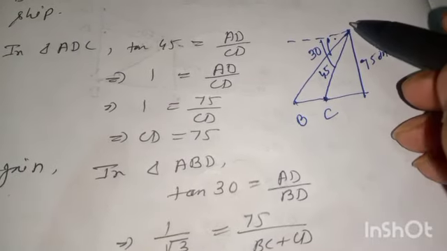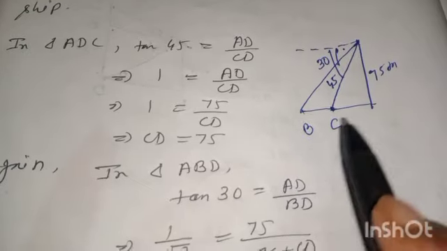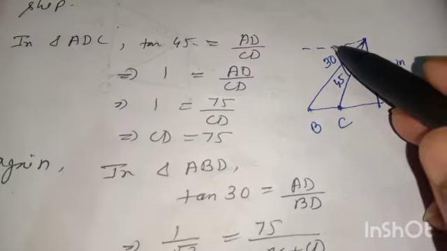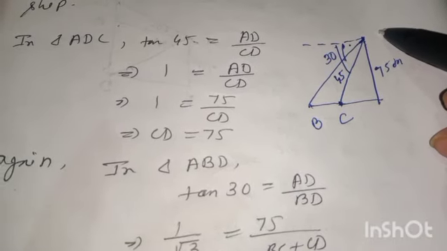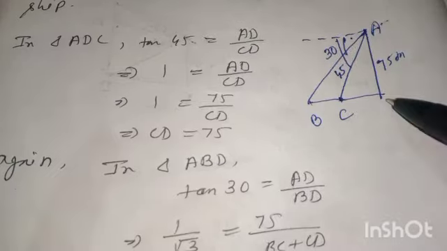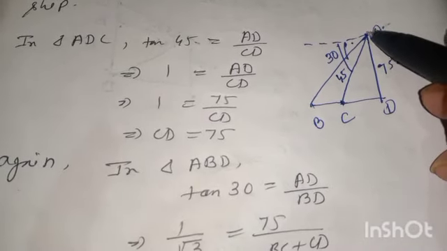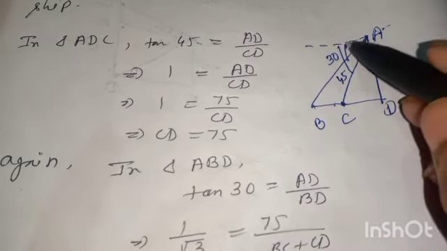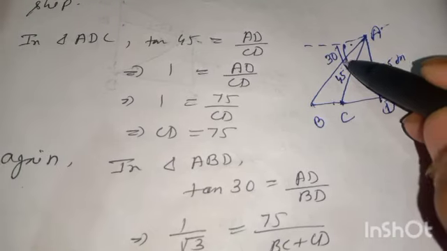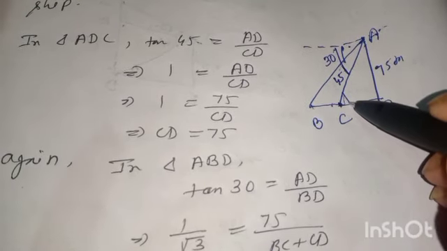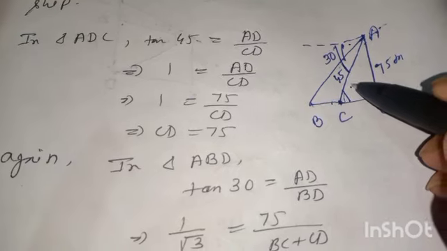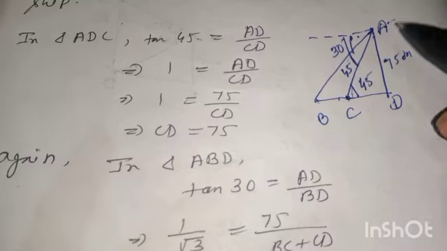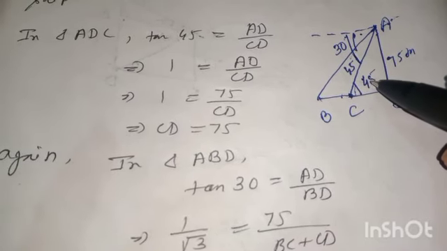I think all of you understood. Now you can see one thing clearly. This horizontal level and this ground level are parallel to each other. So you can write, if you denote this point as A, AD will be the height of the lighthouse, then AC will be the transversal. Then if this angle is 45 degree, and AC is the transversal, alternate angles are equal. Alternate interior angles. This is interior alternate angles. Understood this one? 45 degree.